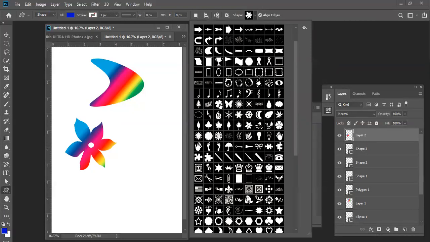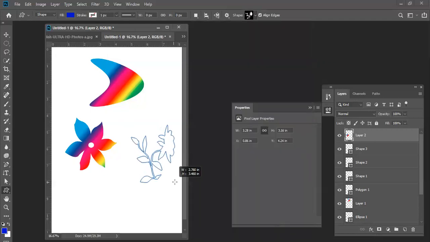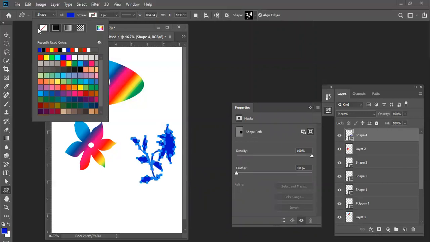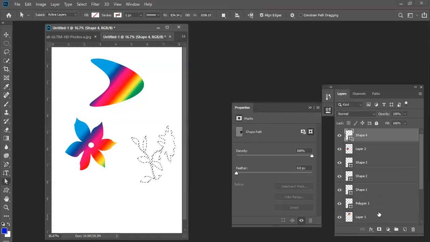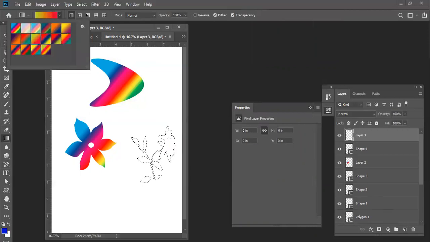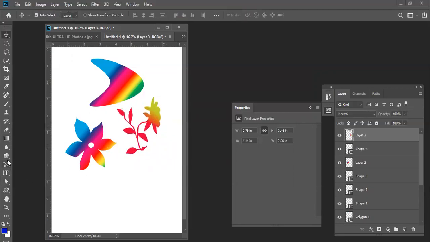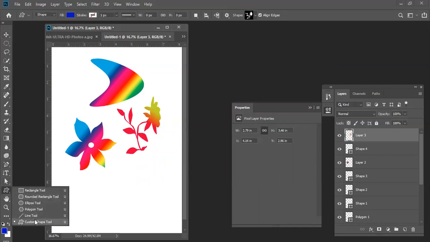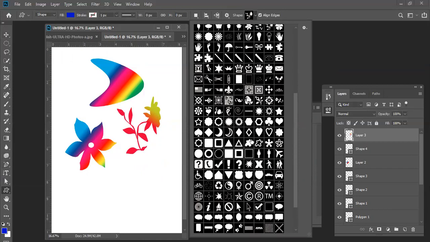I'm just creating one more flower here. Create like this. I don't want to fill color in this, so I'm selecting this one, turning the fill off, and using the selection tool, right click, make a selection, click OK, and create a new layer. Then you can apply a gradient. Deselect, and you can adjust this one. Here there are a lot of shapes, you need to check one by one. Okay, I hope this is clear for you.